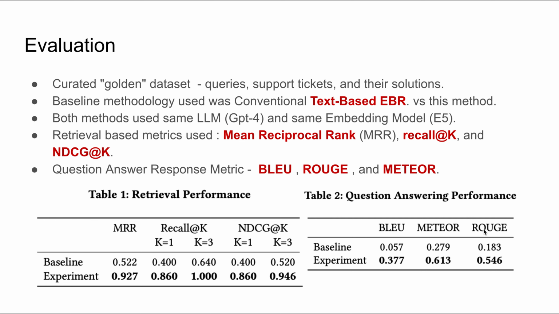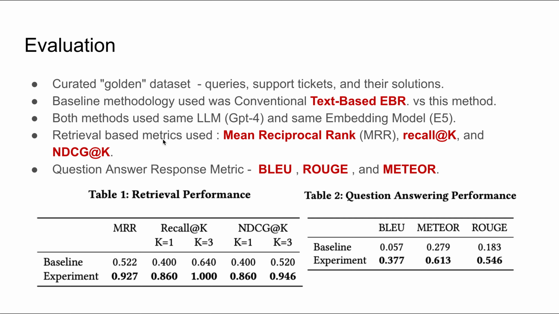Now let's see how they evaluated this particular piece. So they created their own golden data set which consisted of queries, support tickets and the solutions, and the baseline model they used was the one we discussed, conventional text-based RAG. They have used the same LLM for both the methods, which is GPT-4, and the same embedding model as well for both the methods. And the two broad metrics they are using are retrieval based metrics and the question and